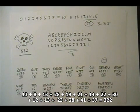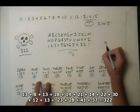13 plus 8 plus 13 plus 28 plus 19 plus 21 plus 14 plus 22 plus 30 plus 12 plus 13 plus 23 plus 28 plus 41 plus 37 equals